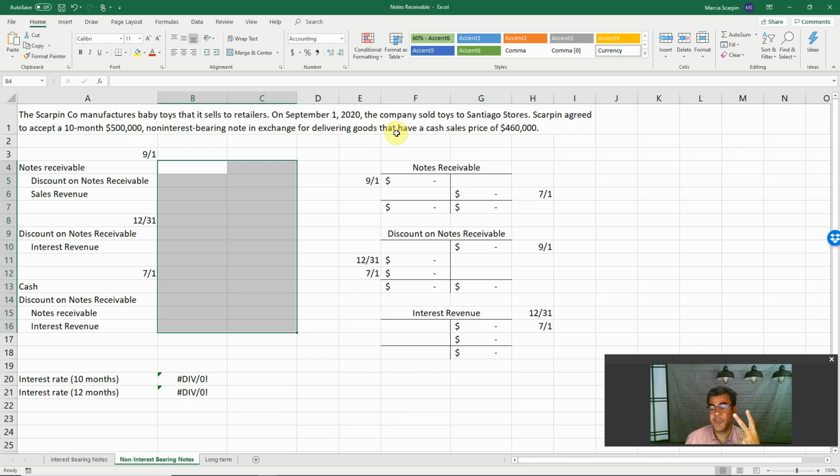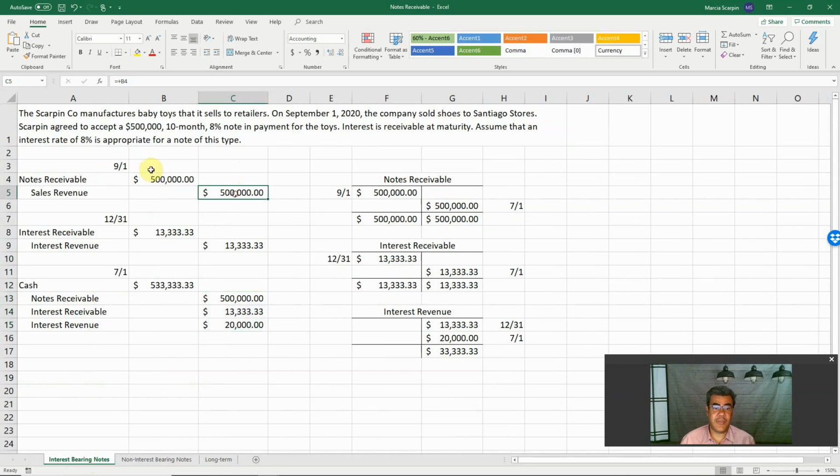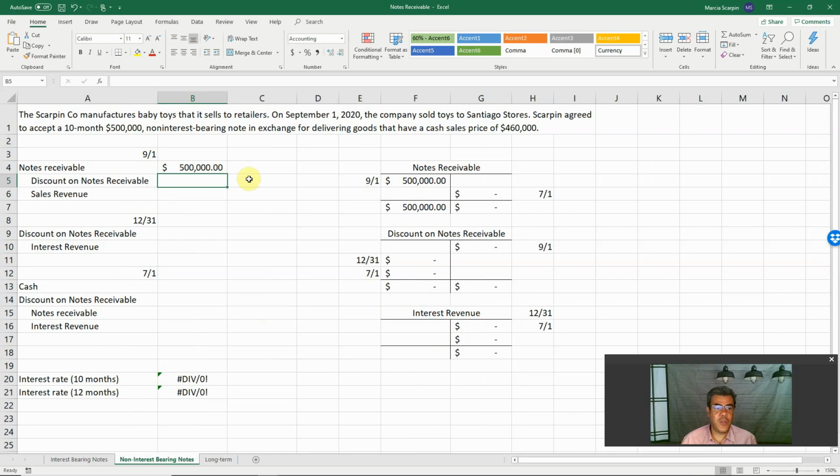You have two options here. Cash 460, credit 500. So we have interest here. We have $40,000 of interest. And then what do we have? We have a different sales revenue here. Our sales, so notes receivable $500,000. Sales revenue will not be 500 anymore. Here on interest-bearing, it is 500 because this is also the cash value, because the credit value is for 533. So our cash value now is